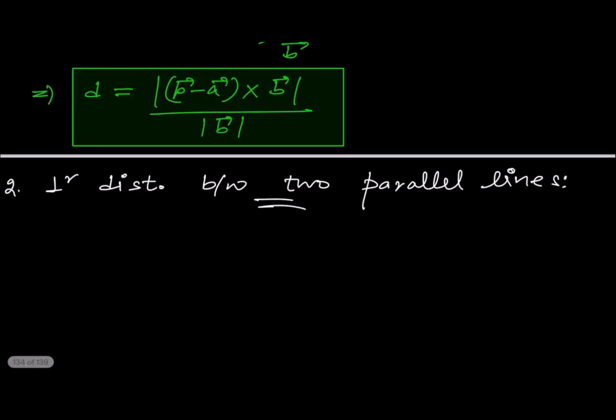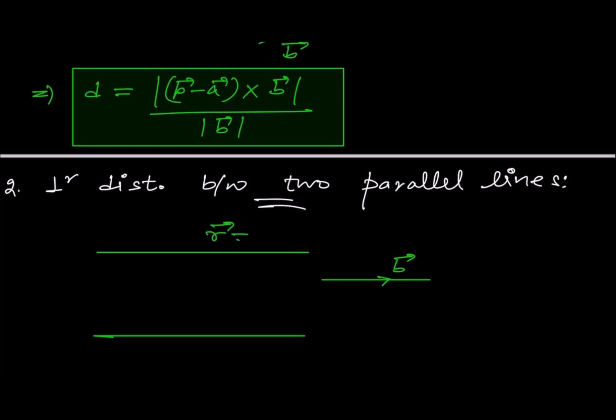We will make a figure. Let's say these are two parallel lines, parallel to some vector v. So let's say the equation of the above line is r vector is equal to a vector plus lambda times b vector, where a vector is the position vector of point A through which the line is passing,